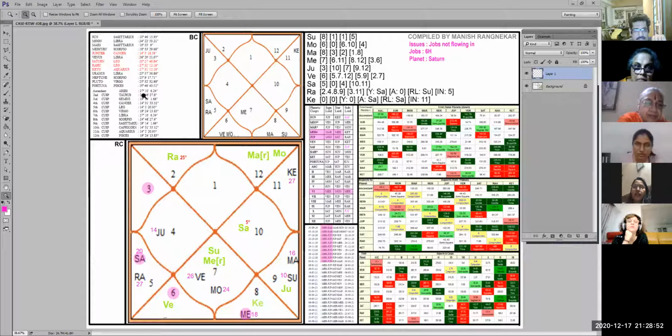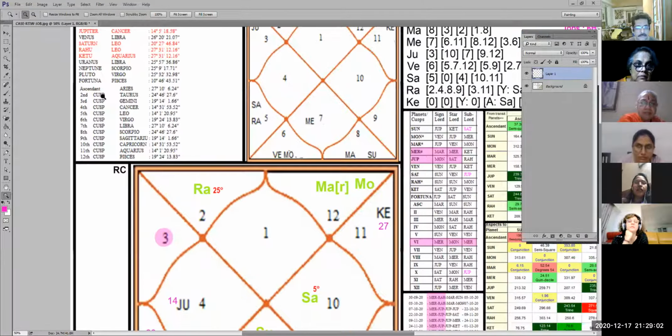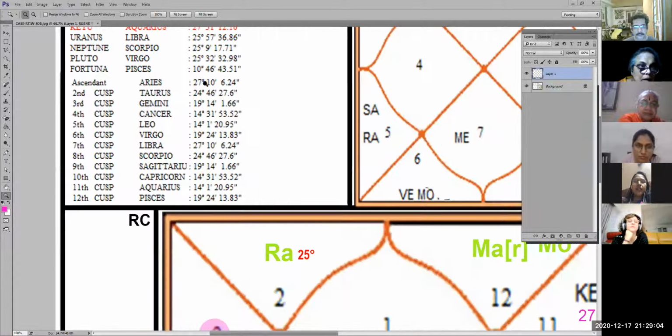But this is not 30 degrees. Your cusps are changing here, in this chart the cusps are changing. It is not 30 degrees. See, 27, 24, 19. If you see the cusp, the first cusp is not at 30 degrees, it is 27 degrees. Third one is not at 30 degrees, it's 24 degrees. Remember that ladder thing which I keep telling you: the Rashis are 30, 30, 30, your houses keep going big and small, the bridge which comes across and all that.